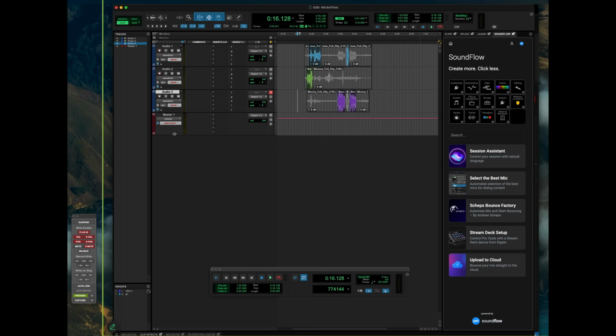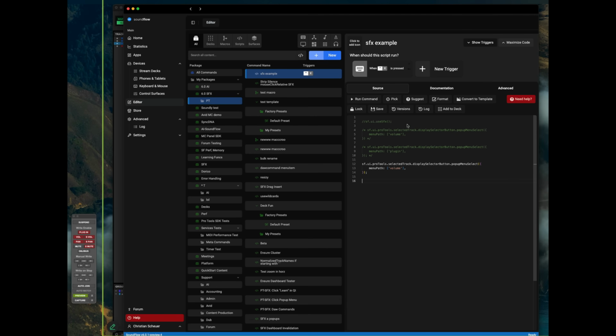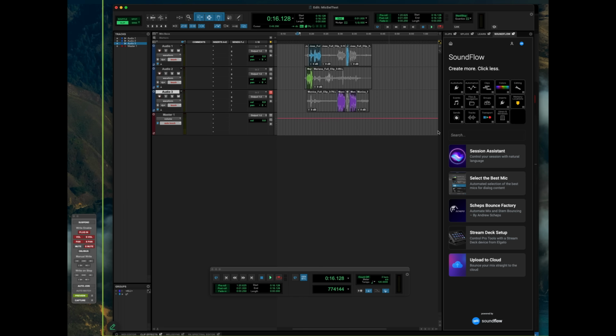The old way this would automate would be to open the pop-up menu like that. Right, so this is an example of a previous script. Let's imagine you've got hundreds of lines of code doing stuff like this. As a pro user, all you have to do is add sf.ui.useSFX, and now your entire script will switch to